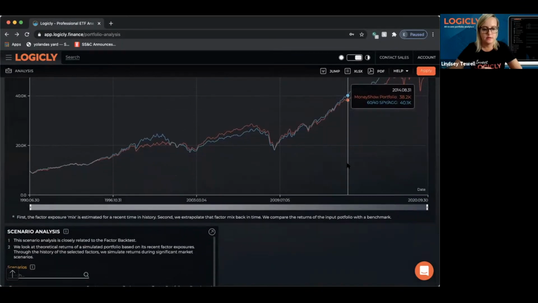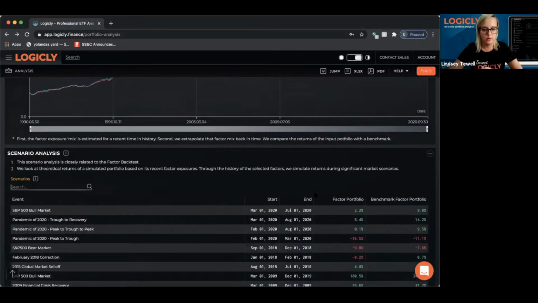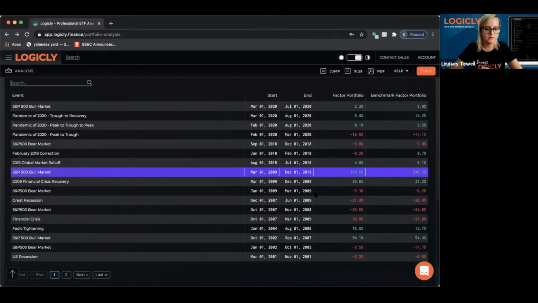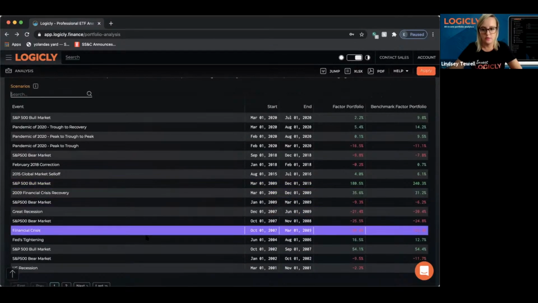And then in the scenario analysis, we pinpoint some different stress environments in the market and how that portfolio would have performed during those different stress environments. So those are some great stats if a client is asking about how this might perform if we saw something like another financial crisis, right?